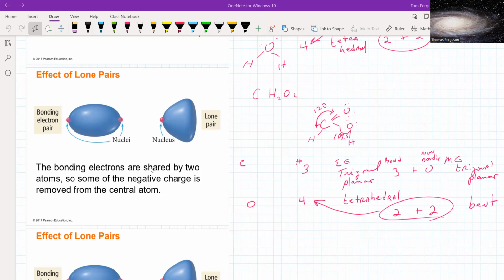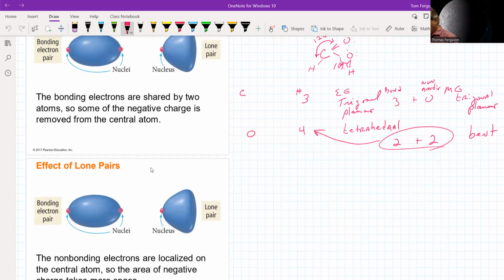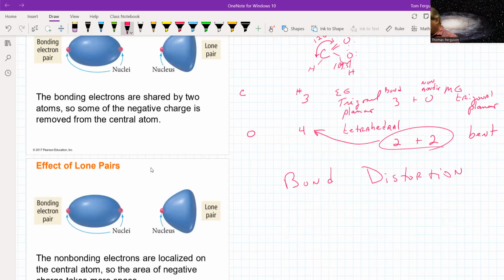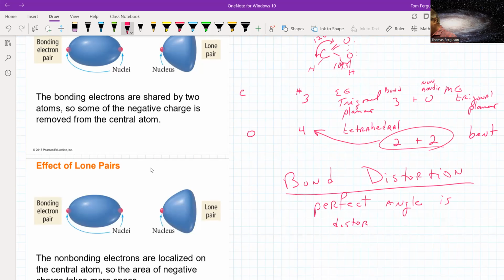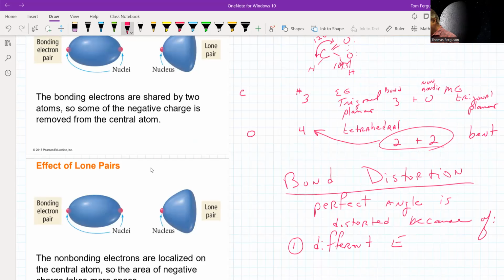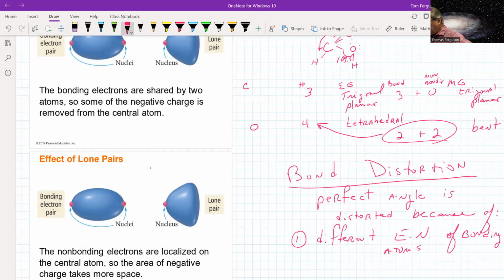Okay, bond distortion. Okay, the first thing is